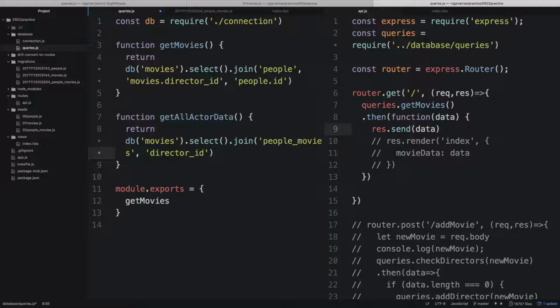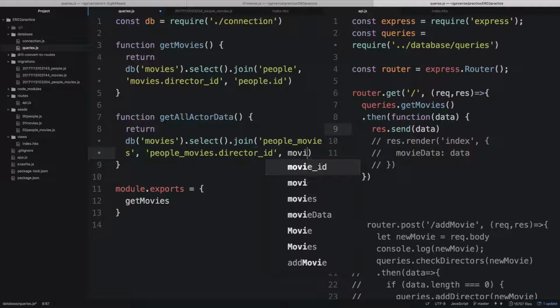Oh, and this is important too, because Connects will give us an error saying, oh, director underscore ID is ambiguous. So to fix that, all you have to do is put the name of the table before it. People movies dot director ID is equal to